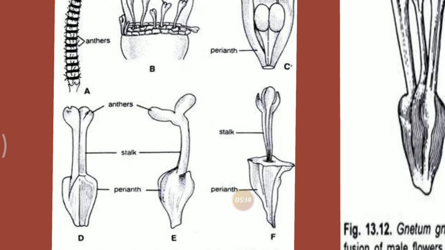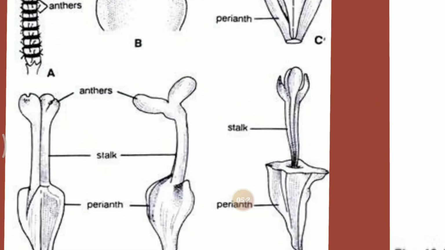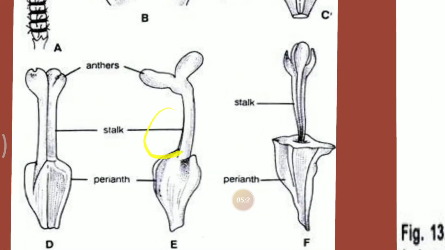The development of the microsporangium is of the eusporangiate type. Later the two bilobed anthers partially separate. In the young male flower, a mass of cells develops, and then two or three archesporial cells differentiate from the hypodermal cells. The archesporial cells divide periclinally and give rise to outer primary wall cells and inner sporogenous cells.